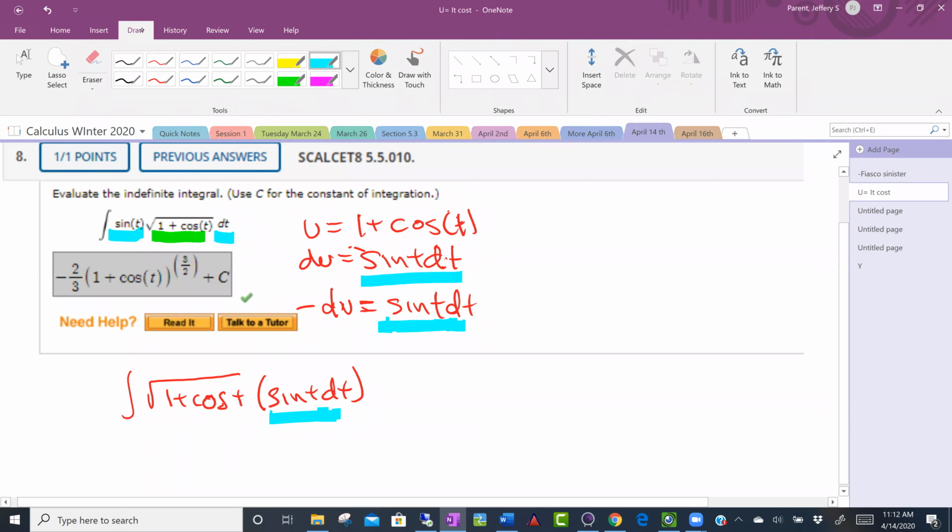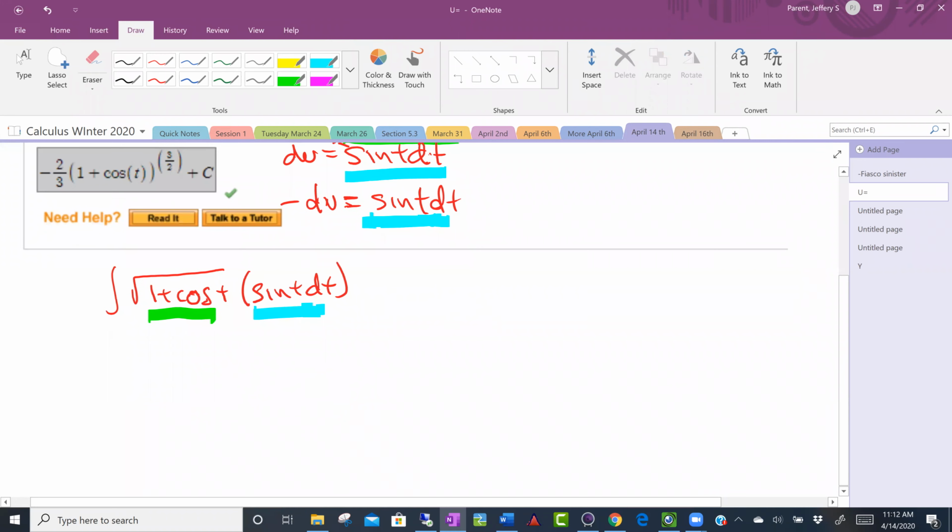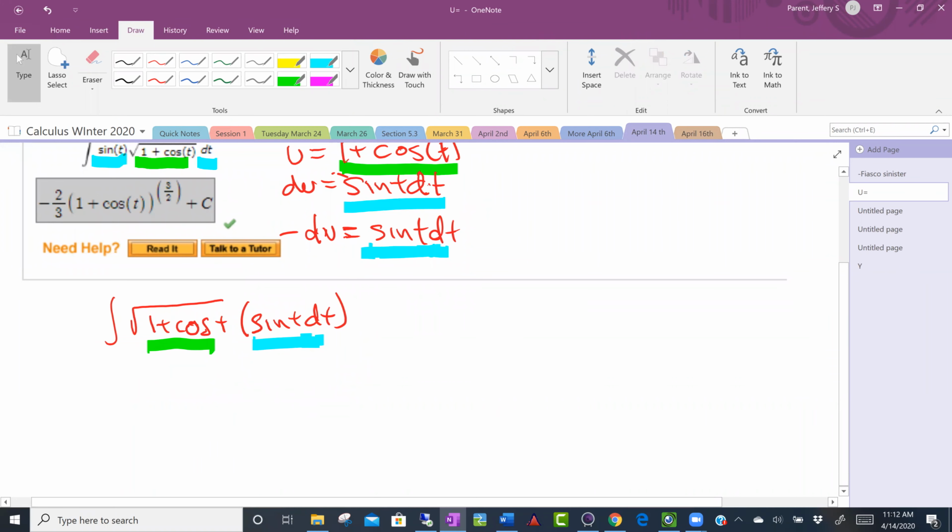So we've got our u, which is right here, and here. So let's make our u substitution then. And that's going to be the integral of the square root of u times minus du. And from there, we want to clean things up a little bit before we integrate. Let's take that constant of a -1 out in front. So negative